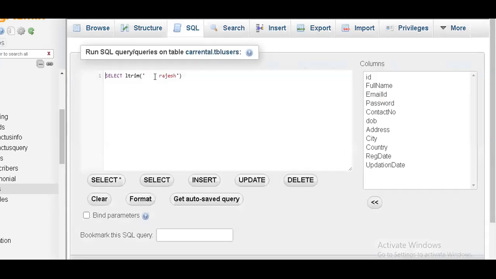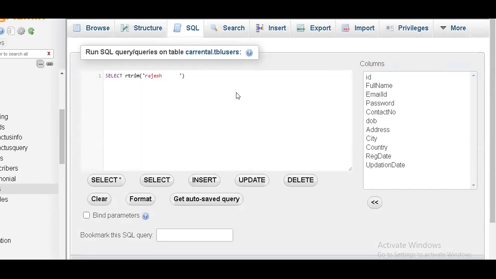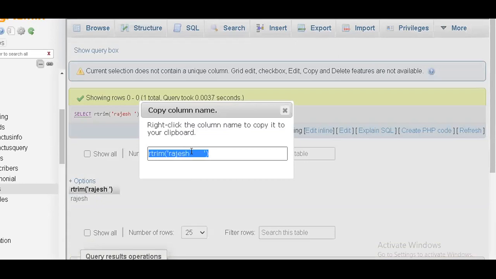Now suppose the same spaces are coming from the right side. Then I have to go with an R trim, and I can check the output of this. All the trailing spaces will be removed. If you see here, the right side has this many spaces, but they have been removed.